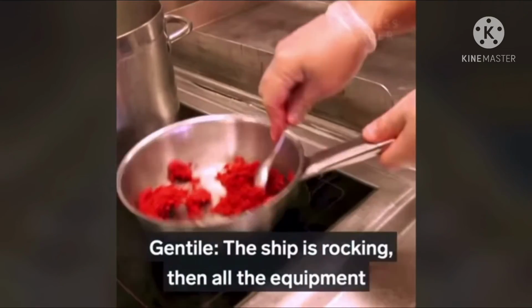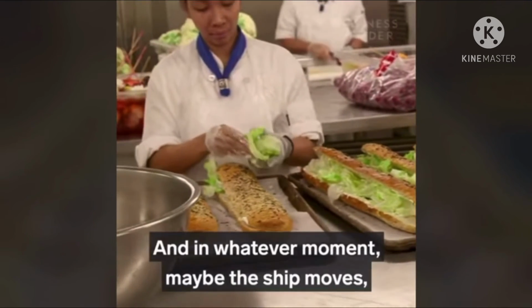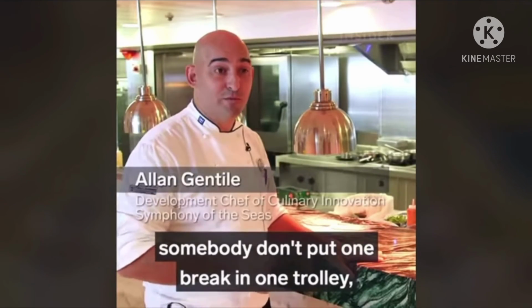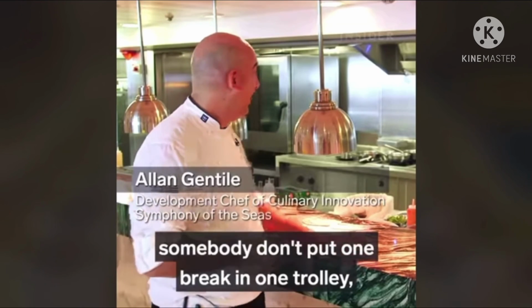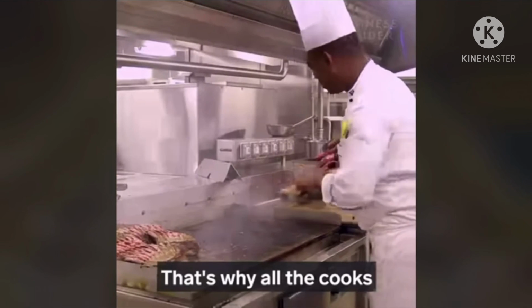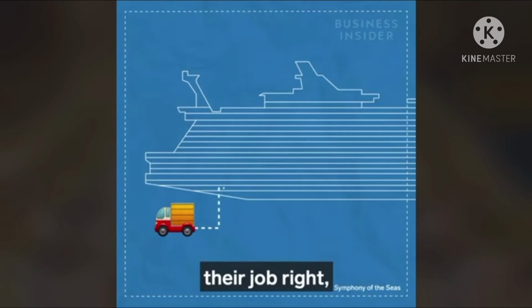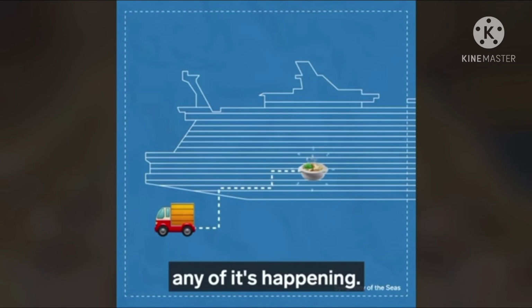The ship is rocking, so all the equipment is built for the ship rocking. Then at any moment, maybe the ship moves, somebody doesn't put one brake on one trolley, and you see the trolley flying away. It can happen. That's why all the cooks always pay attention to that. But if crew members are doing their job right, passengers won't even know any of it's happening. They'll just skip